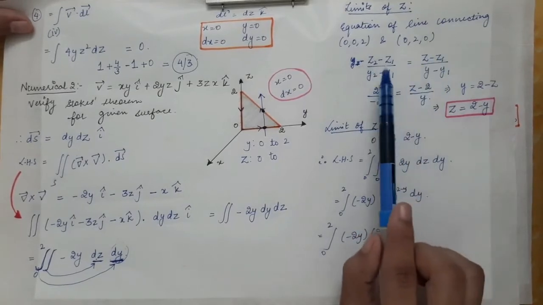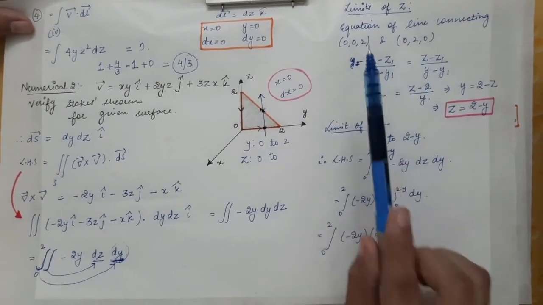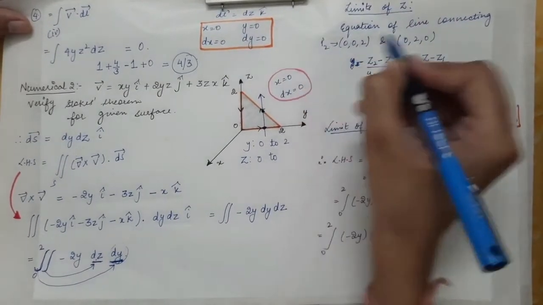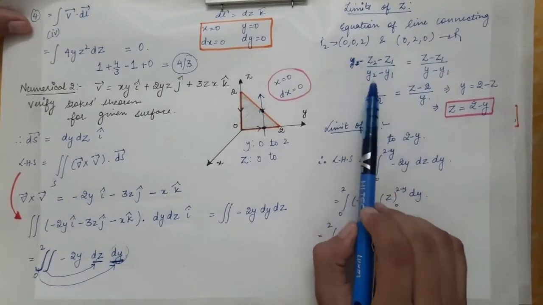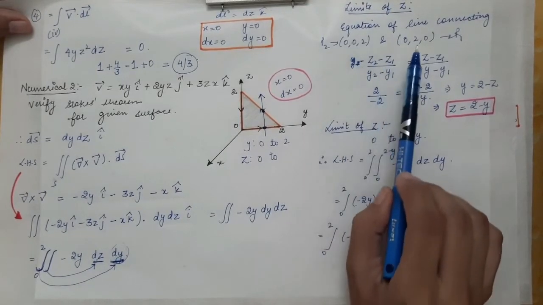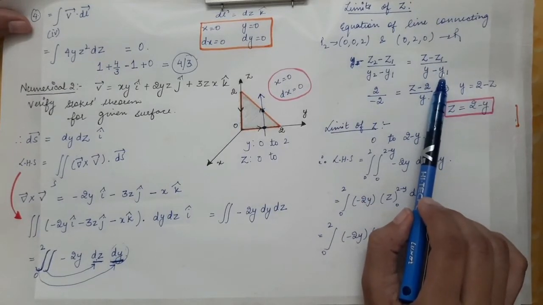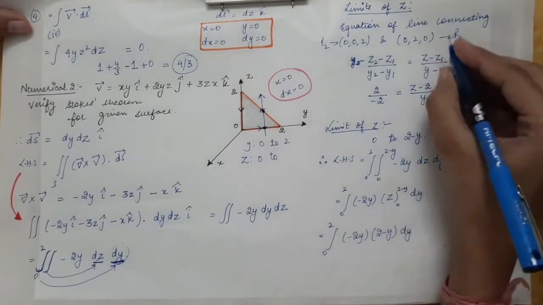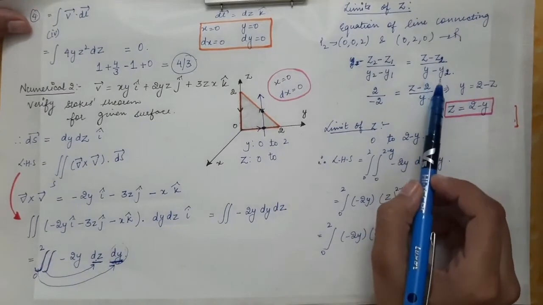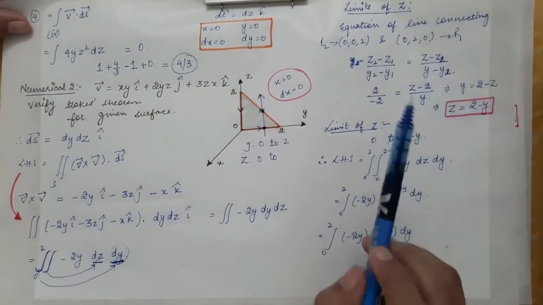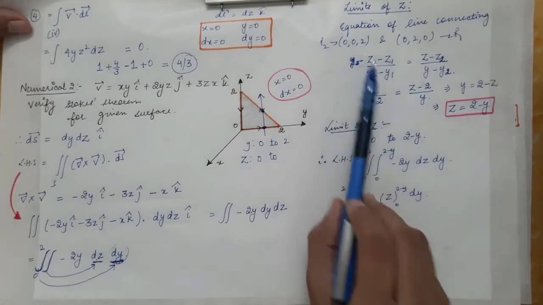So what is z2? z2 over here is equal to 2 and z1 is equal to 0. Let's say this is point P2 and this is point P1. So z2 is equal to 2, z1 is equal to 0, y2 is equal to 0 in this case, and y1 is equal to 2. And over here also we will put the values of z1 and y1, or here we have put the values of z2 and y2. That is the same thing. You can put either z1 and y1, or z2 and y2. So here z2 is equal to 2 and y2 is equal to 0.